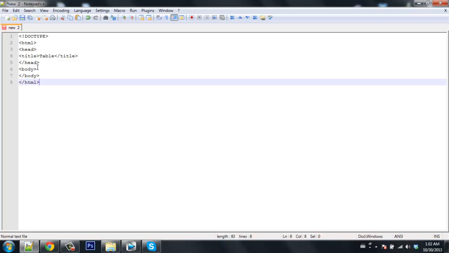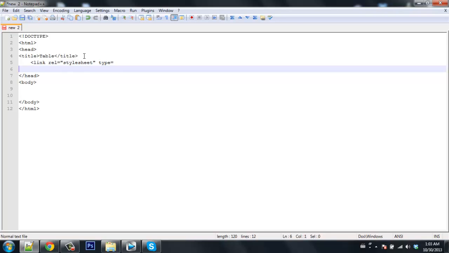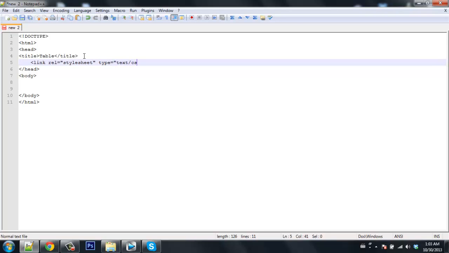So we're done with our HTML format, the basic markup. Let's go use the external CSS. So what we're going to do, if you don't know how to do this, all you're going to do is type in the less than, link, your rel is going to be stylesheet. Your type is going to be text/CSS,